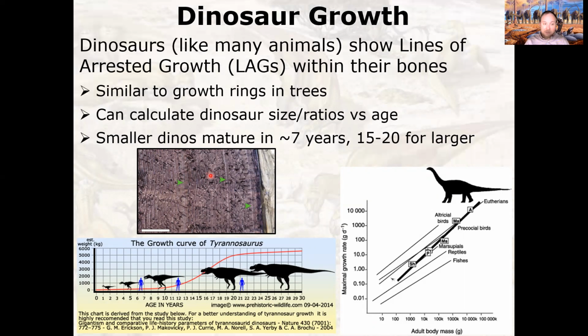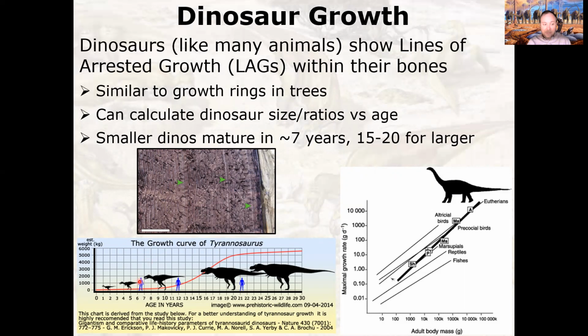Then there's more bone material added, a quote unquote growth spurt. That growth stops, and there's another line of arrested growth, a line where growth stopped for a little while. Another growth spurt, another line of arrested growth. And so it ends up producing these patterns that are really similar to growth rings in trees. And so if we look at the cross-section of a dinosaur bone, we can actually calculate the dinosaur's size versus